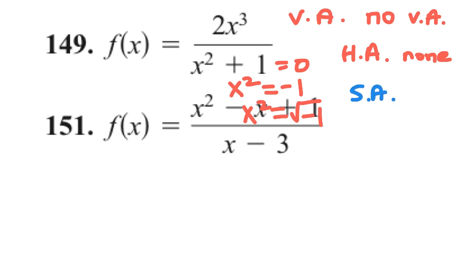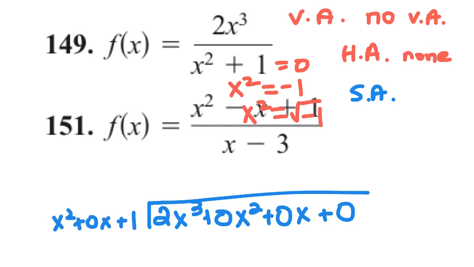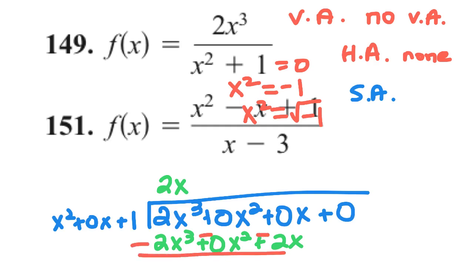And I find that by dividing. So I do 2x to the third. I'd have a 0x squared, a 0x, and a 0, all divided by x squared plus 0x plus 1. And then I divide. So I need 2x here. Multiply it times all 3 terms: 2x to the third plus 0x squared plus 2x. Change your signs. These cancel. These cancel. I have a -2x